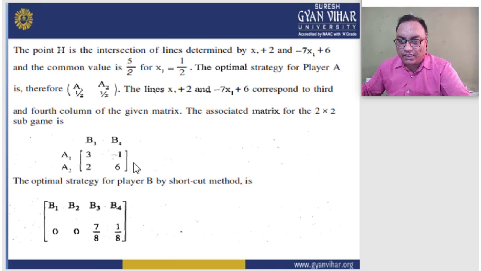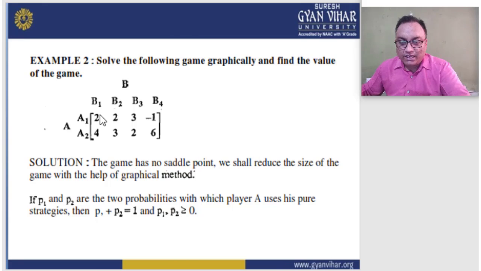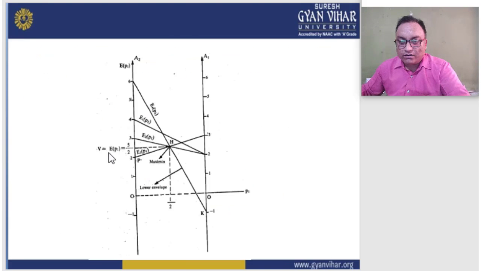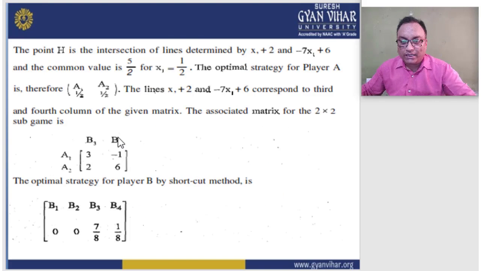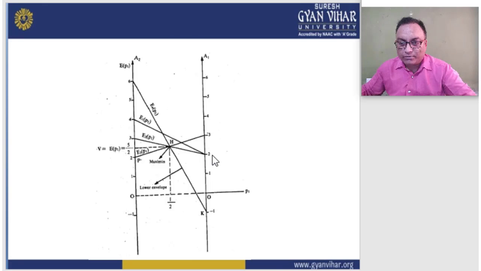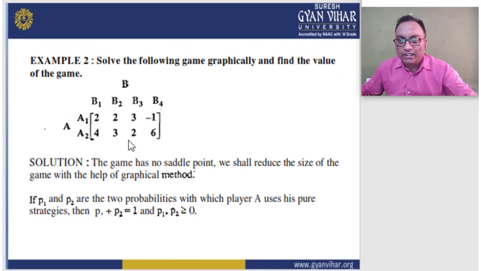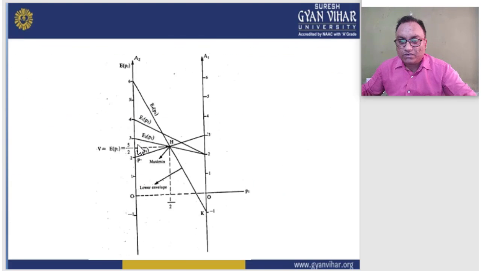Just you find the first line is here. The first line is 2, 4. So here is the 2, 4. This is the 2 on A1, and 4 on this line, right? And then we move to the next line, here 2, 3. So what is the 2, 3? This is point 2, and this is point 3. This is the 2, 3 line, and the next line is here 3, 2. What is the 3, 2? This is the 3, and again this will be at this point here. 2 is here, right?